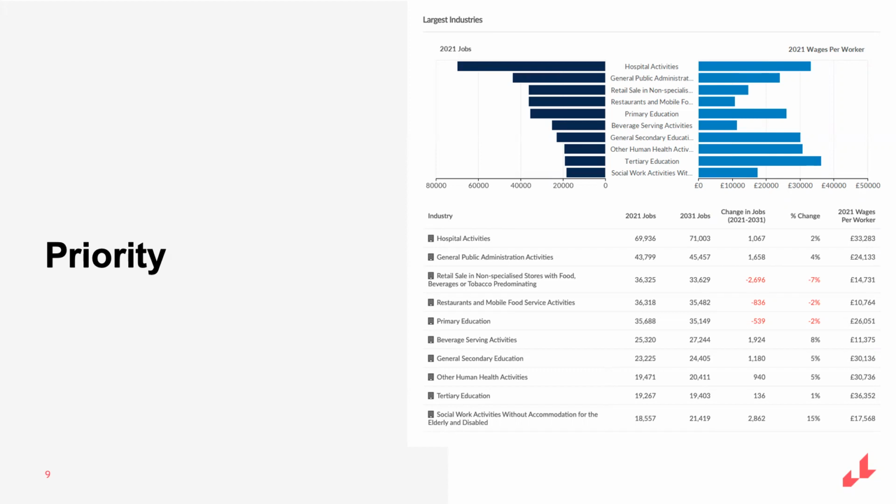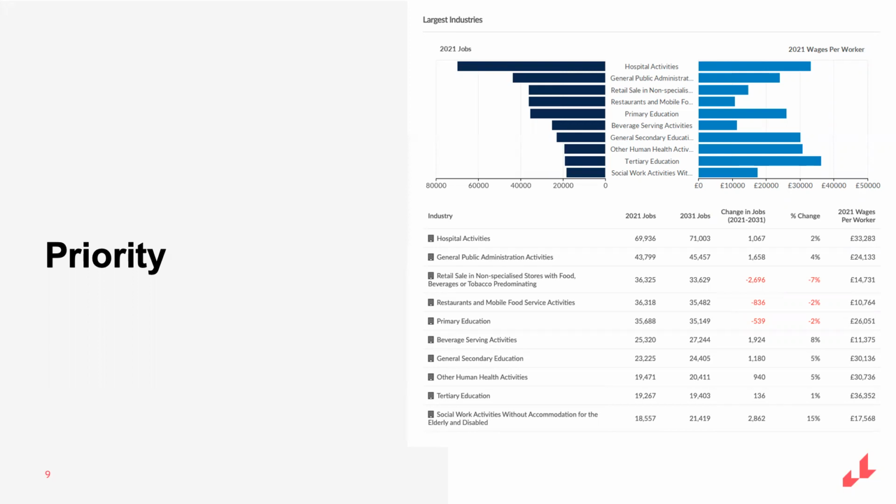Industries by volume of jobs seems like a sensible place to start, and we can see the importance of the public sector. We have hospital activities and general public administration activities right at the top there. We can also see that there is decline coming in some of the largest industries by employment. We can see some strength and growth in private sector industries like beverage serving activities. But looking at the wage data and thinking about what that sector is, does that represent significant graduate opportunity? Whatever we want to call it, or high-skilled opportunity, or professional employment.